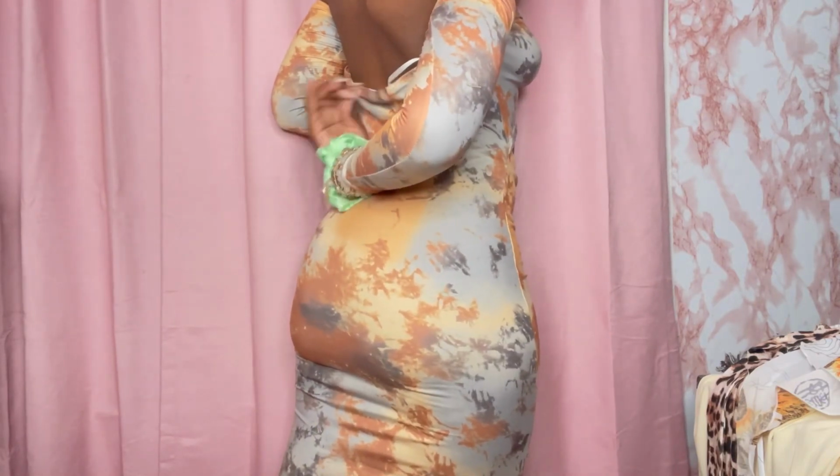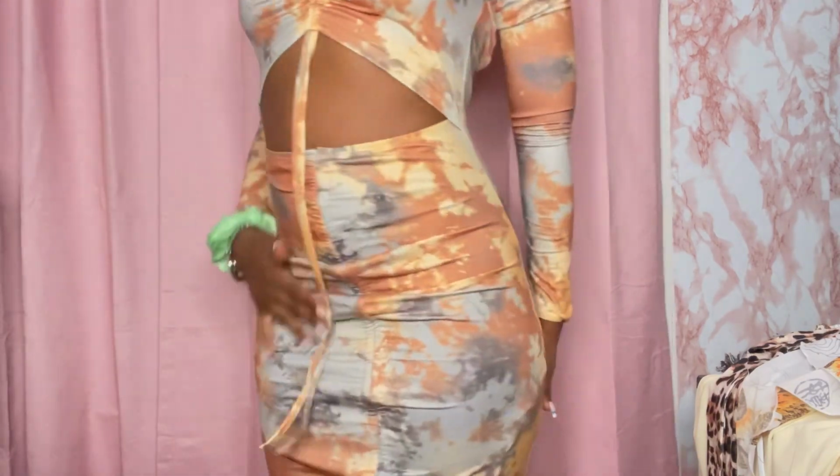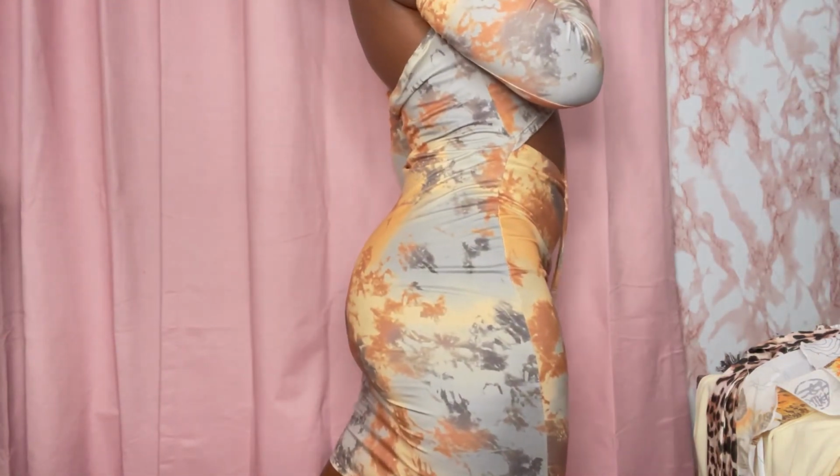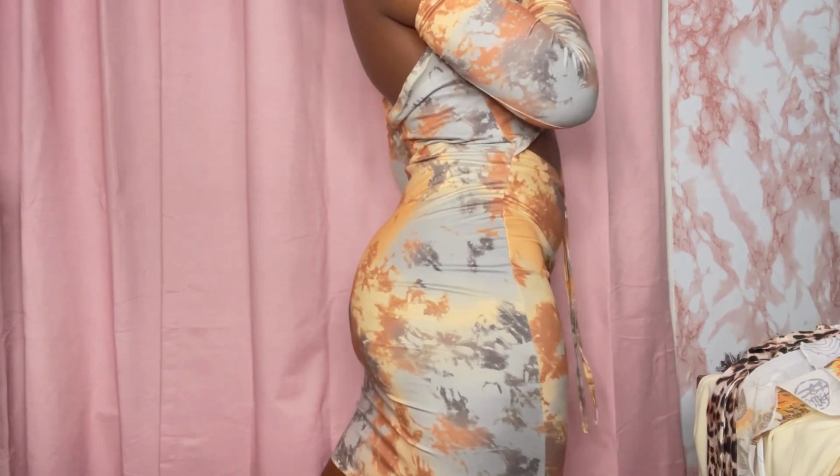You see in the back, I just don't like the way it's so loose right here, and they didn't even have an extra small. But this is what it looks like from the top. But yeah, I don't know, I kind of like it. I would wear it if it's like, give it a little jiggle, little jiggle,